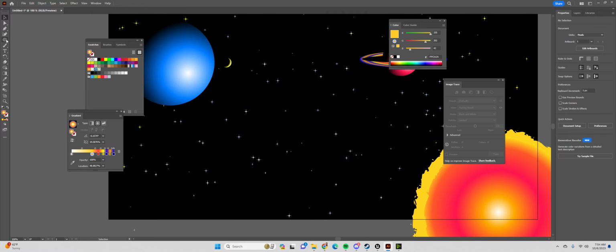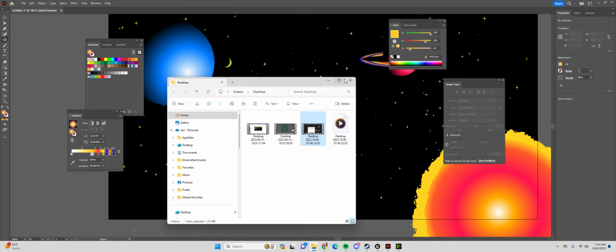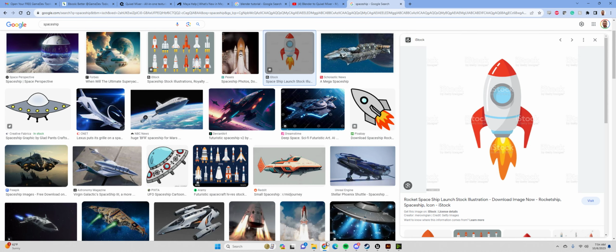Next, I'm going to build a little rocket ship. So I'm going to go online and just take a look at like what a rocket ship might look like. So I got some samples right here. You can make anything that you want to. This is a pretty generic, simple one right here. So